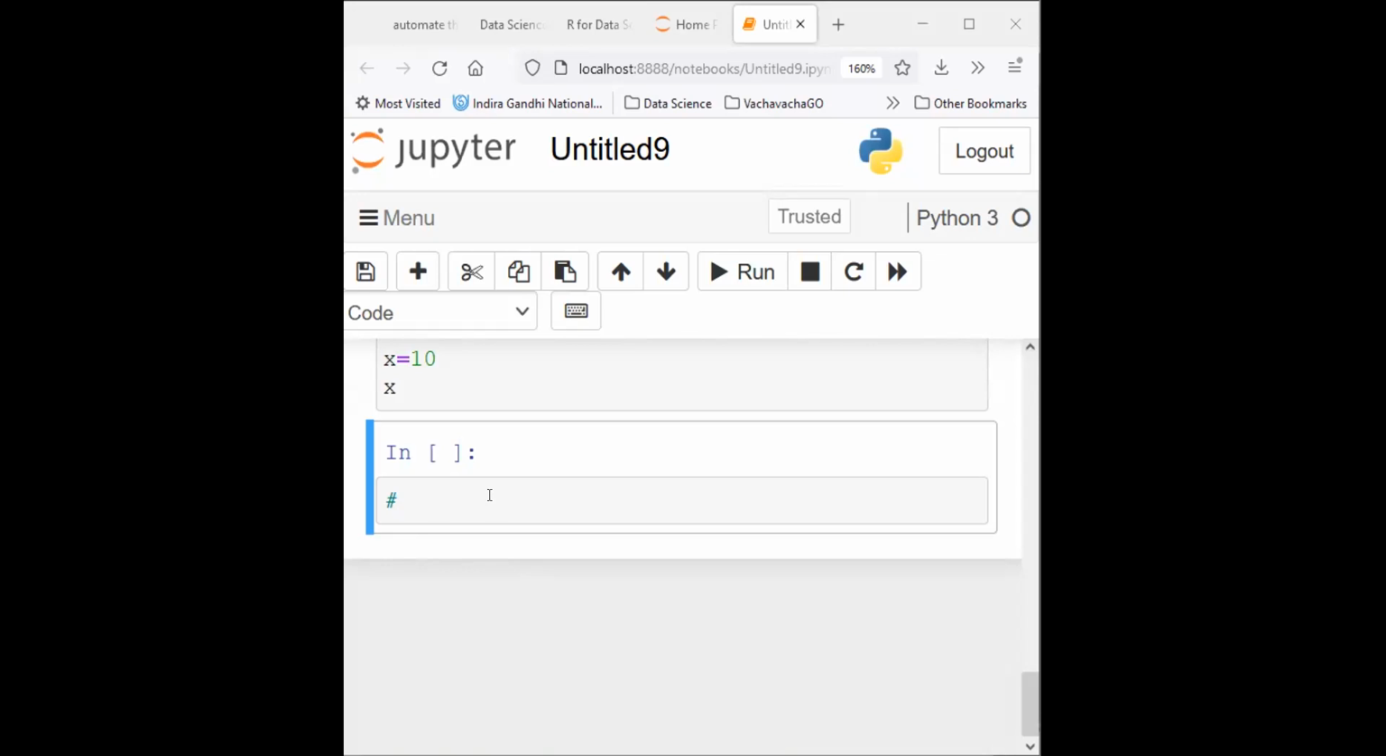Okay, so we already learned about the print statement, input statement, and various variables. So let's start with control statements. Now, what is a control statement? It controls the flow of a program,